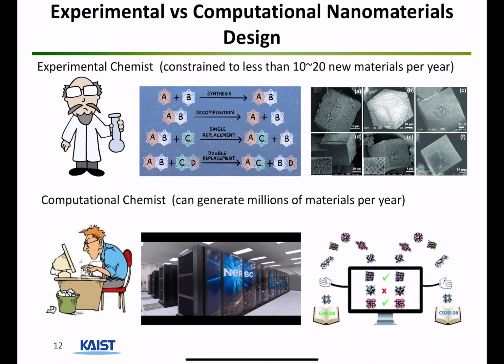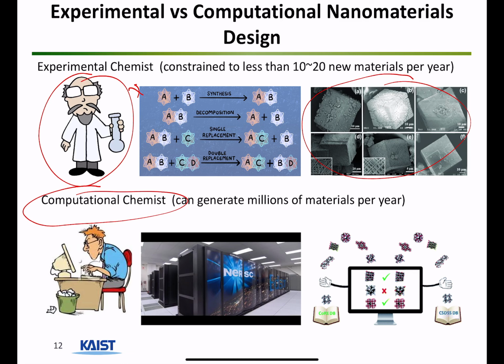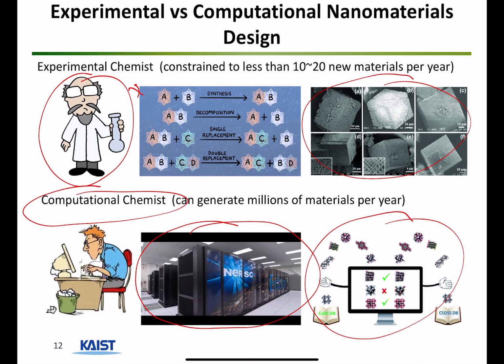There is a difference in philosophy and methodological approach between how an experimentalist approaches these kinds of problems. From an experimental chemist or material scientist point of view, you start by actually conducting the experiments. You wait for a month, you take your fancy SEM images, and then you publish your result. Computational chemists, instead of doing actual experiments, can generate millions of materials inside these supercomputers. We screen for them, we can find the best material, and we can tell the experimentalist that these are the best materials, can you synthesize them? So the approach is different. And the major benefit of computational research is we can do it much faster.